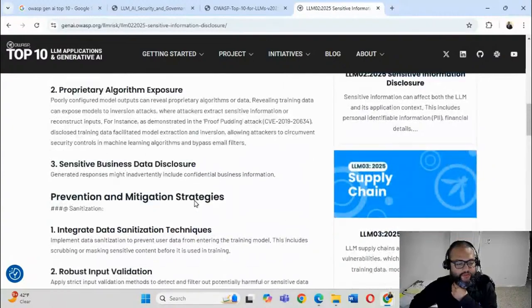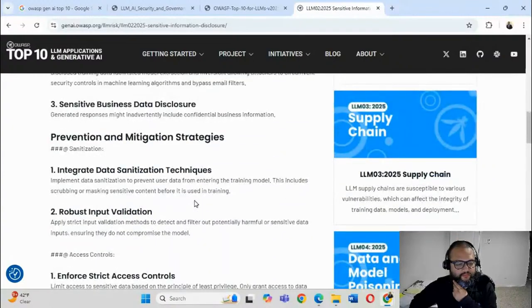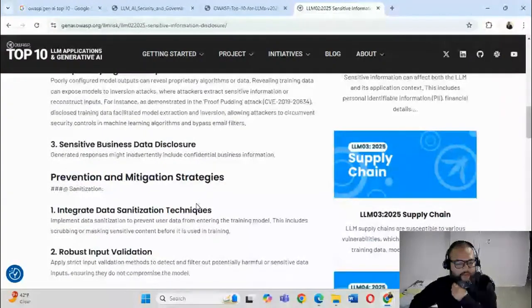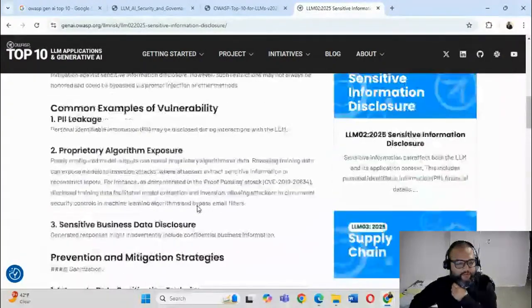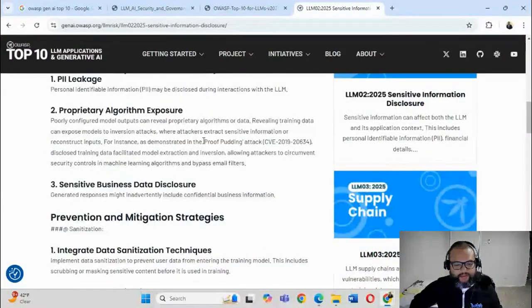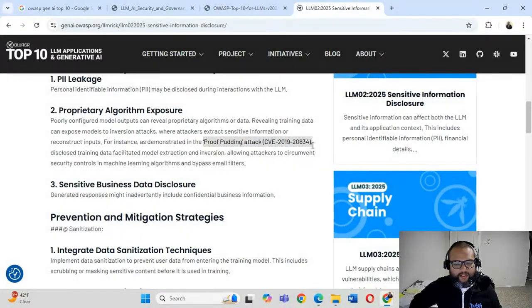Input validation, which is a basic security measure you can do. Also, they're talking about some kind of CVE. I have read a little bit into it, but I don't know much about this one.